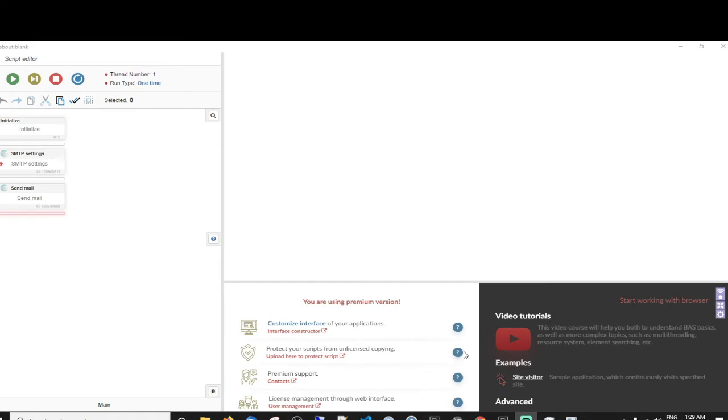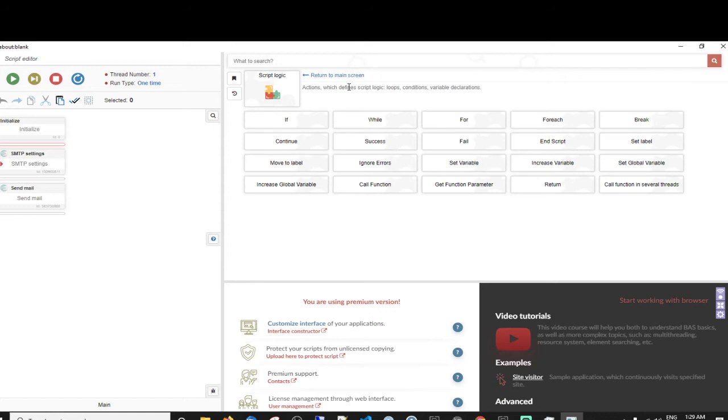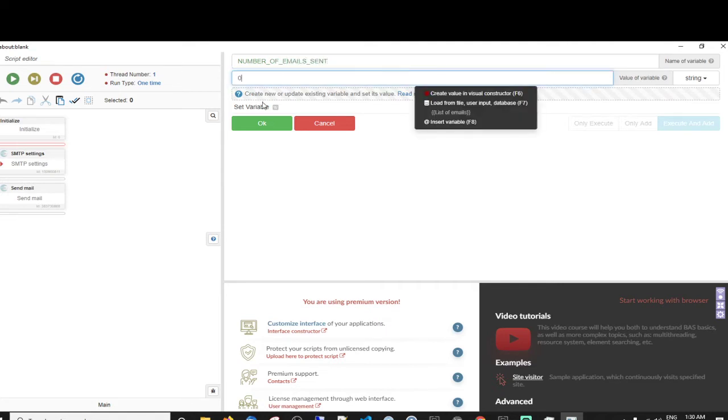Okay. And what you could do is you could just throw a loop in here. Chuck a loop in. You could do for each on the list, or you could do a while actually. For the method I was saying, which is not the best way actually, but what you could do is set up a variable: number of emails sent, and then set it to 0.